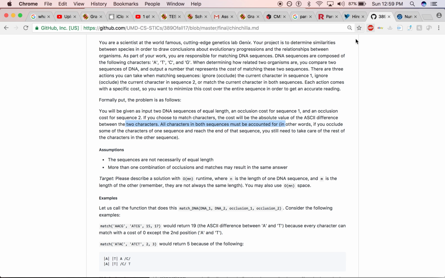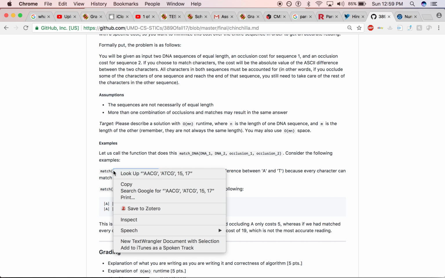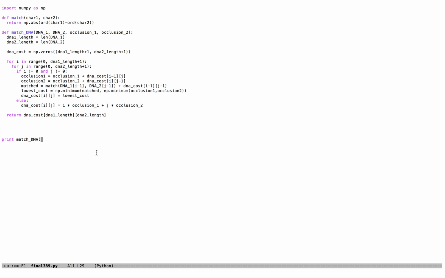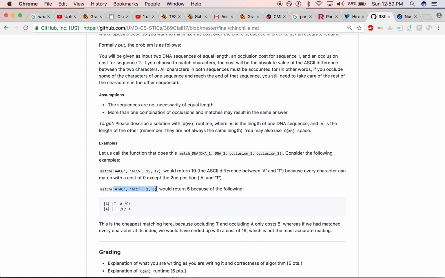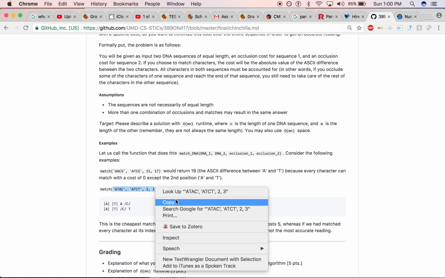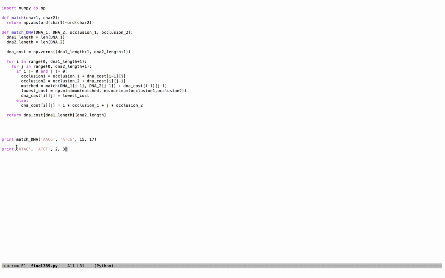Okay, so let's go over these cases first, and then I'll go over two more just to exemplify my point. What this first case is going to do is basically exemplify that